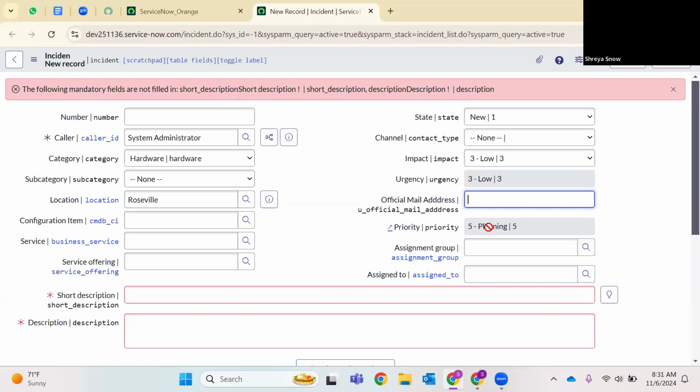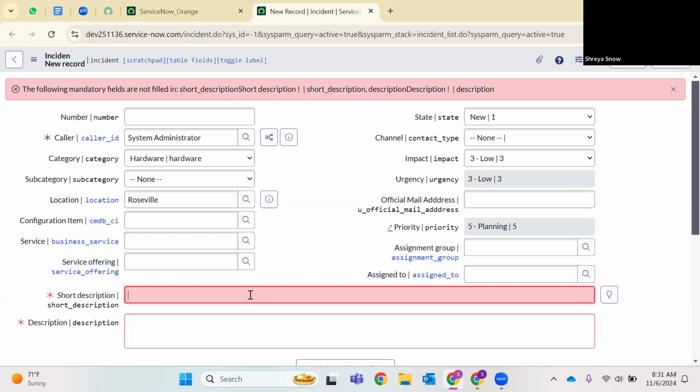What is SLA? Service level agreements. That is nothing but whenever we have a discussion between the client and the service provider, the client will give a set of conditions: if there is a critical case, P1, within 8 hours it has to be resolved. Within 1 hour, someone has to be assigned to this incident. Like that they'll set certain rules, and based on that we'll create SLAs, and the SLA will be attached to the